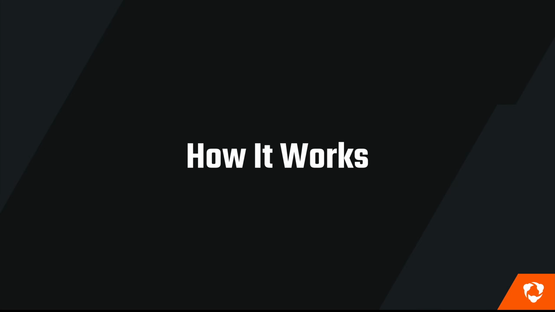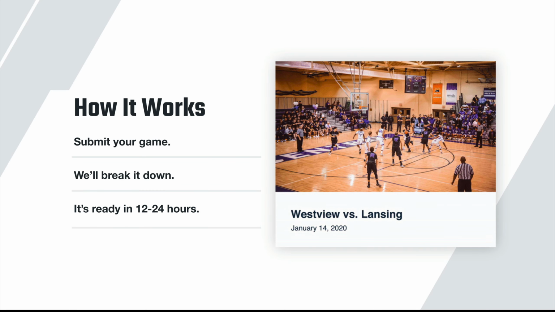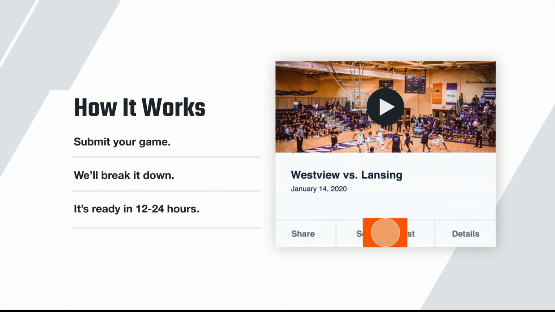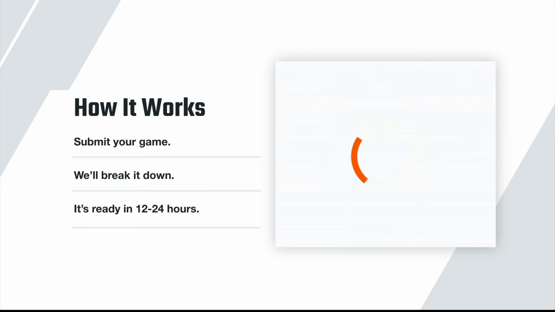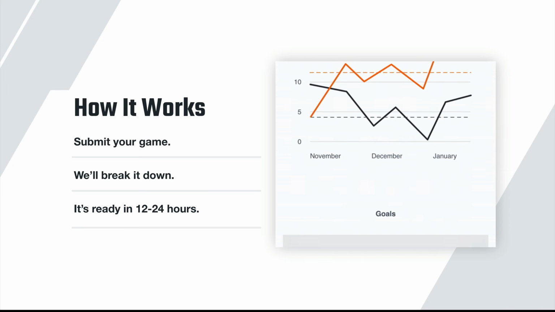Next, let's go over how Hudl Assist works, including how to send games to Hudl Assist and how you know when your games are done being broken down. So here's a look at how the process works. First, you'll submit your game to us, we'll break it down, and it'll be ready within 12 to 24 hours